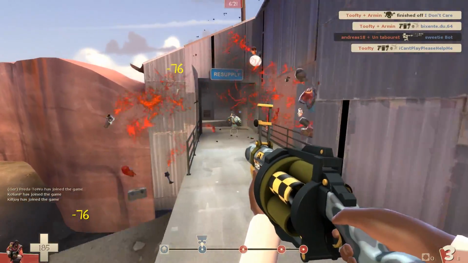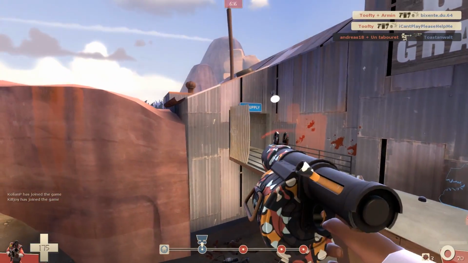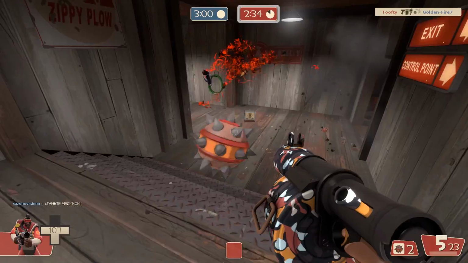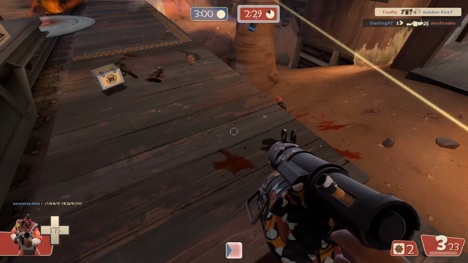So at close range, both weapons can be really effective. It's kind of personal preference. I tend to decide what to use based on what I have equipped, how much ammo I have, and kind of the environment around me. In this first example here, it shows exactly why I find stickies to be so much more reliable than pipes